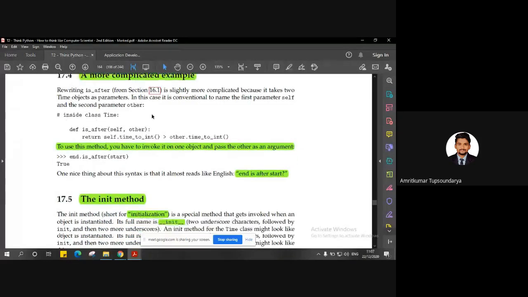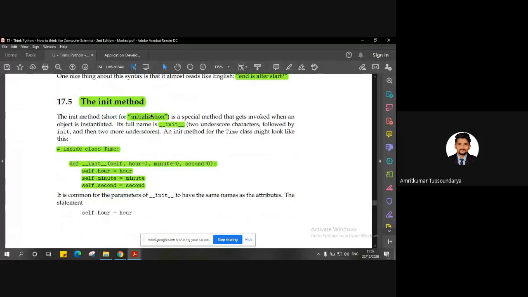And then in today's lecture, we are going to start off with a few special methods, which can be helpful when we talk about operating with the objects.